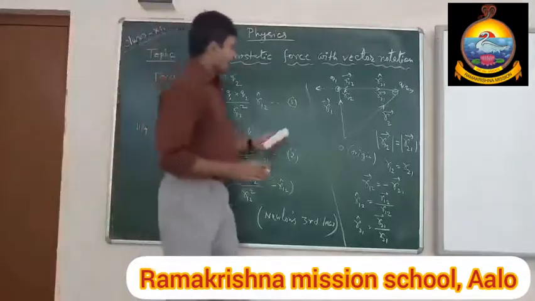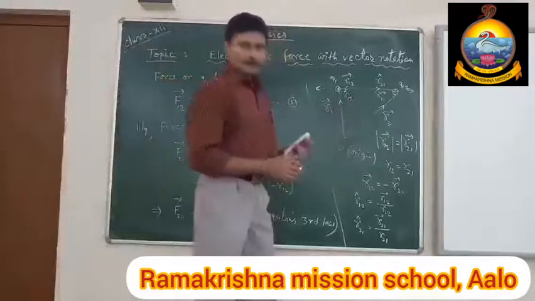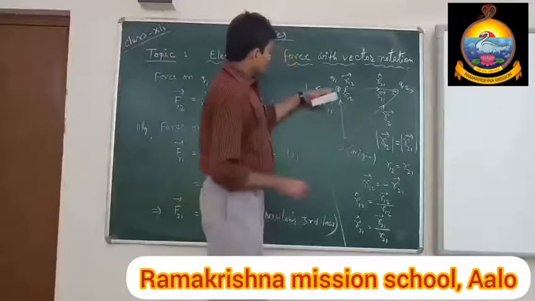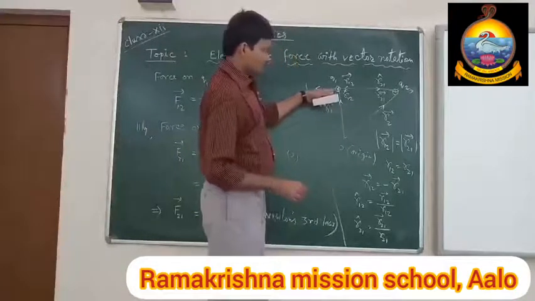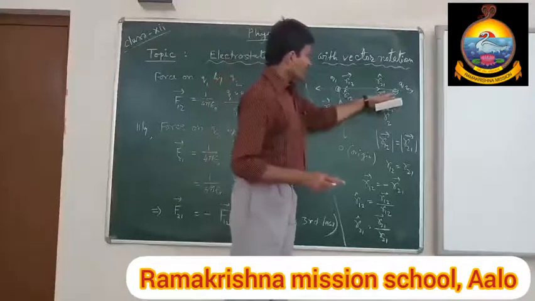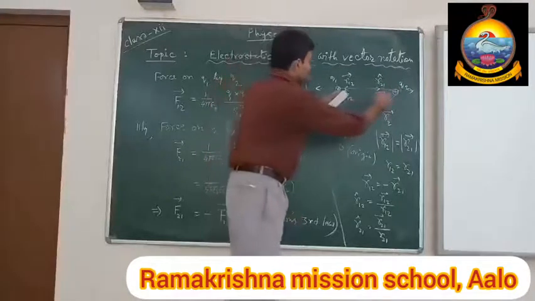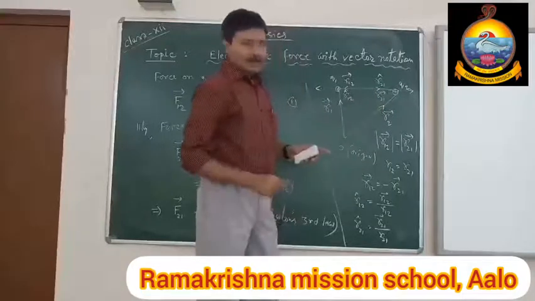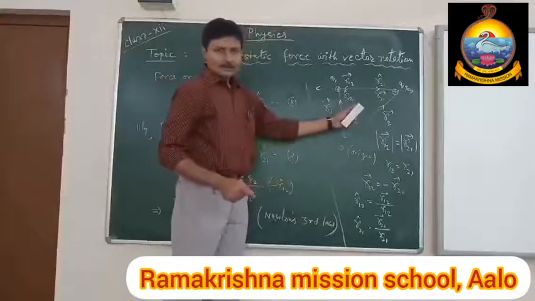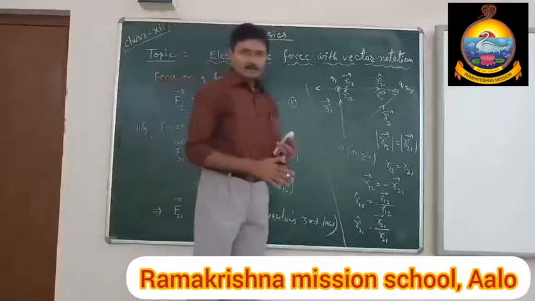First of all, you have to remember the vector addition formula, the law of vector addition. In class 11, we have learned that if the position vector of an object, in this case charge q1, is r1 and the position vector of another object, in this case a charge q2, is r2, then the displacement vector between q1 and q2 can be obtained by the tail to tip method or triangle method of vector addition. We can use either of these methods.